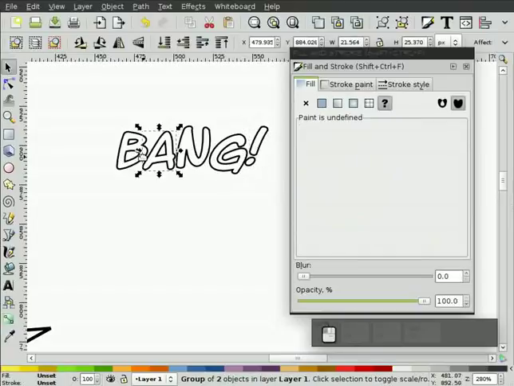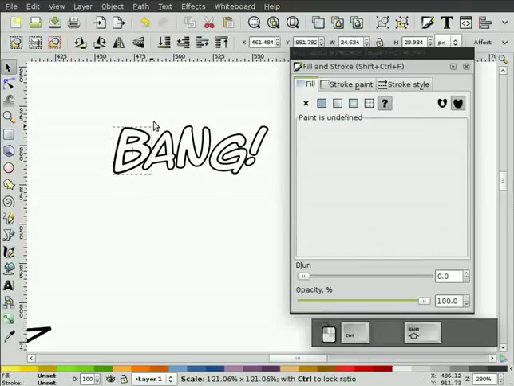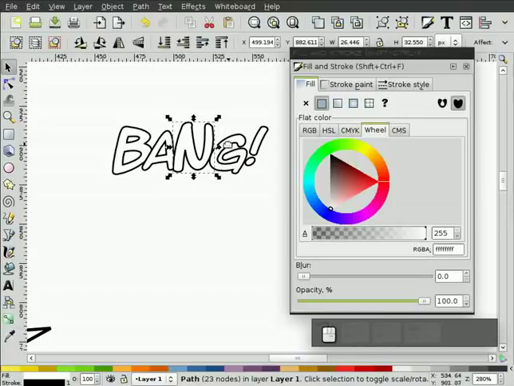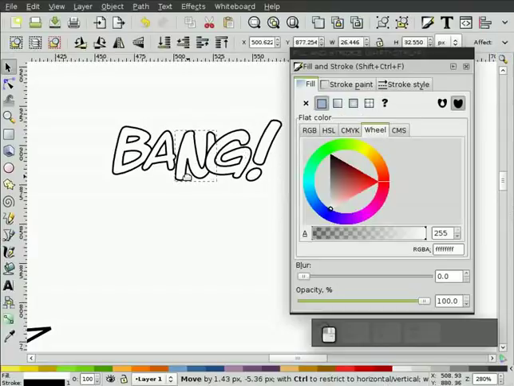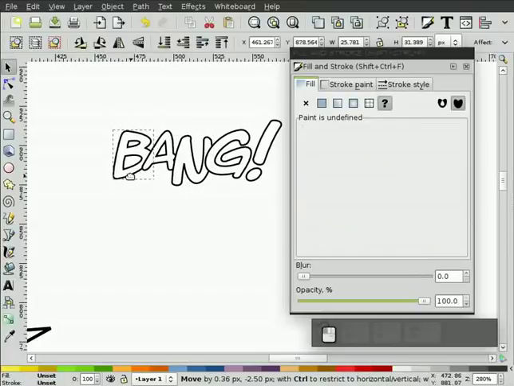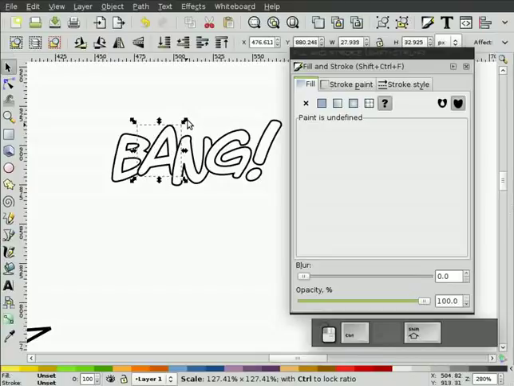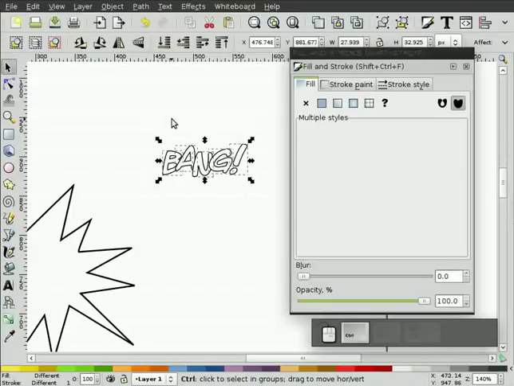Okay, and I'm just going to change them a little bit. I'm going to scale them up by varying degrees. Again, I've got that option turned on where the stroke does not get scaled with the object, so it remains constant. And we might change things a little. Bang is kind of appropriate, I guess, with these fireworks going off. So something like that. Now I can take that, group it,